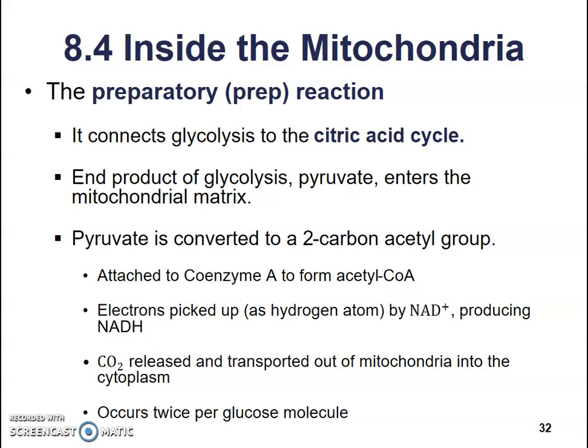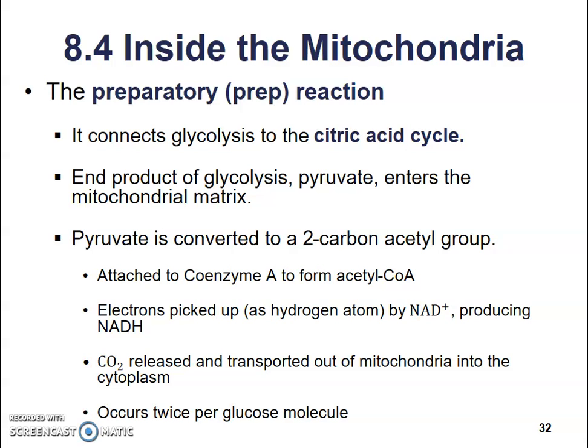The pyruvate is then converted into a 2-carbon chain called an acetyl group, and then it is almost immediately attached to an enzyme called coenzyme A, and it forms acetyl-CoA. Electrons are picked up by NAD+, producing NADH. Okay, carbon dioxide is released and transported out of the mitochondria into the cytoplasm through the process of